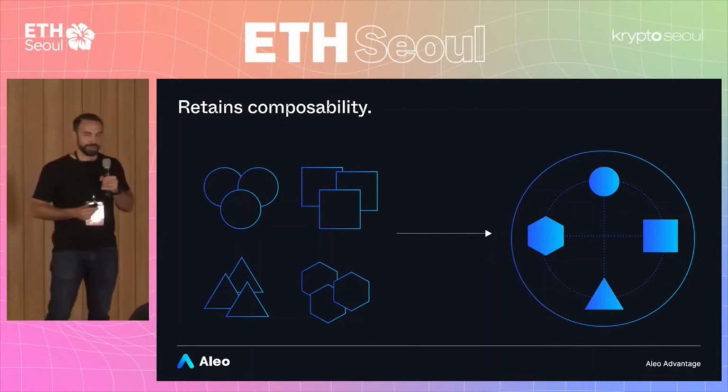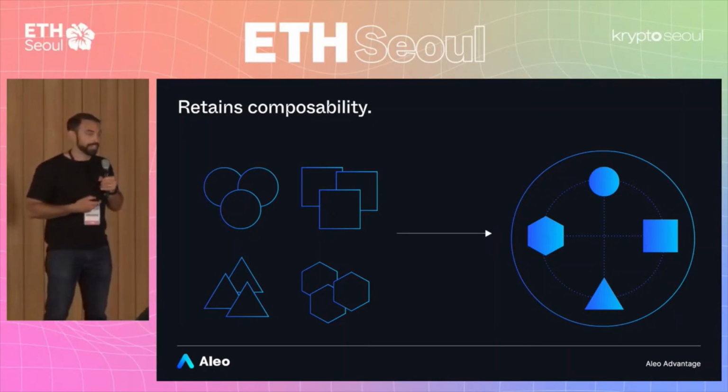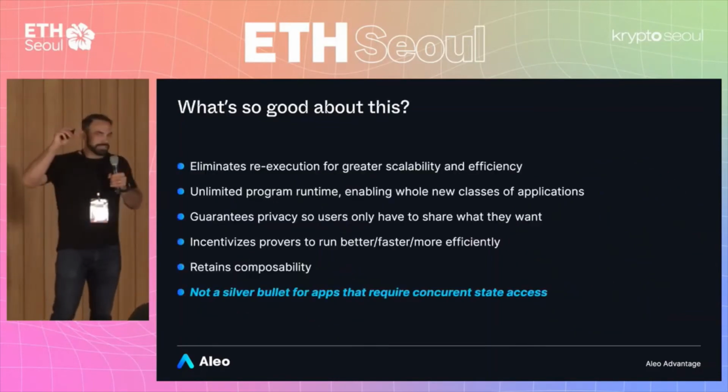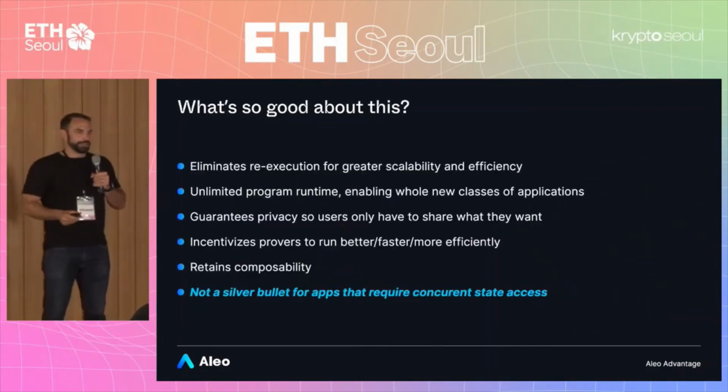And so we're kind of excited about this paradigm because we think it's a way where we can change that and make an incentive compatible model for people to do this really important work. Okay, I just told you all the reasons why Aleo is amazing and why zero knowledge is amazing. What is it not good for, you should be asking me.